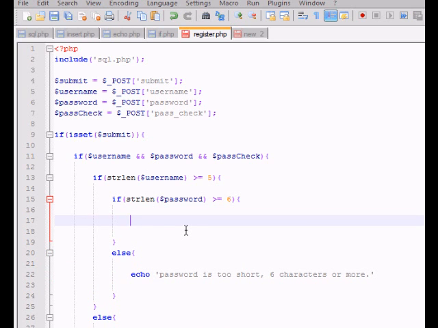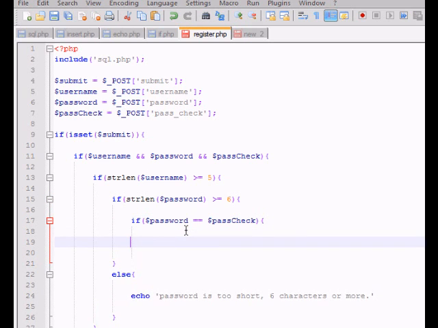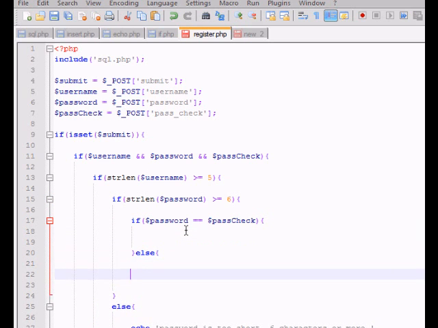And then in here, now we're going to check to see if the two passwords match. So if password equals, and we're going to use the equals operator because we're checking to see if they're the same. So if the password equals pass check, then the length of the passwords are correct. But if they're not, we're going to send them a message saying echo passwords